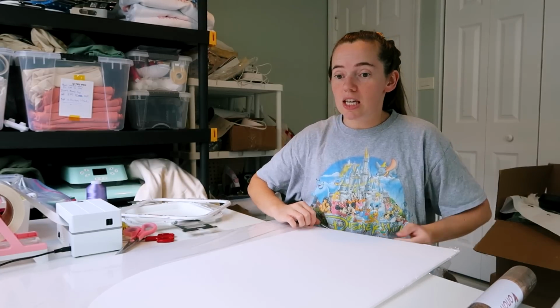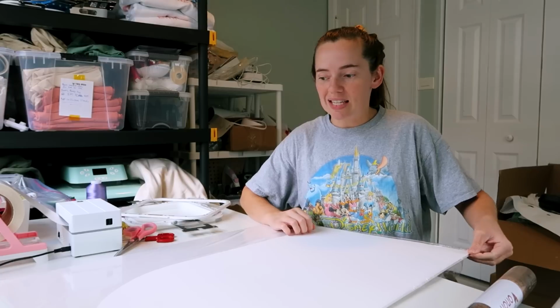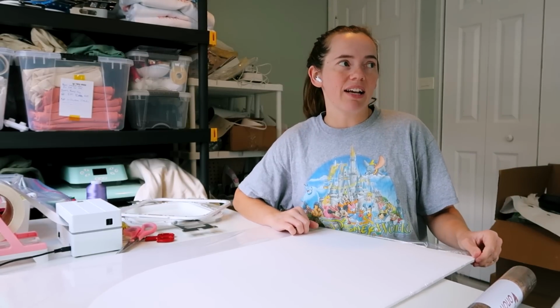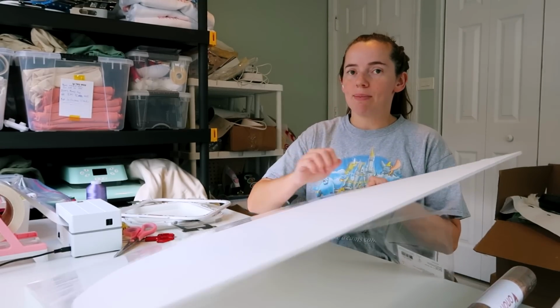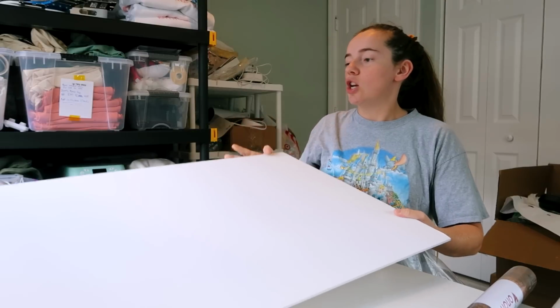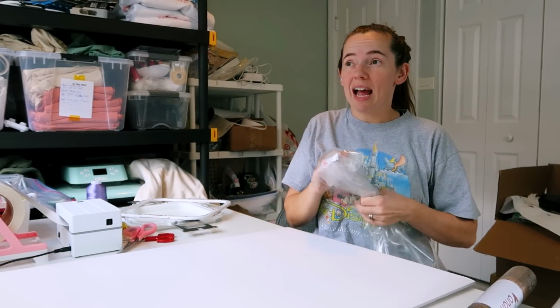photography of some of the fall shirts that I made. I have a couple more designs that I want to work on, and I keep saying this. I think I have like 4 or 5 more fall designs that I want to work on, and I also want to start making a game plan of what I want to get done and made for Market for Makers in November, because it'll be after Halloween, so I don't really want to have any